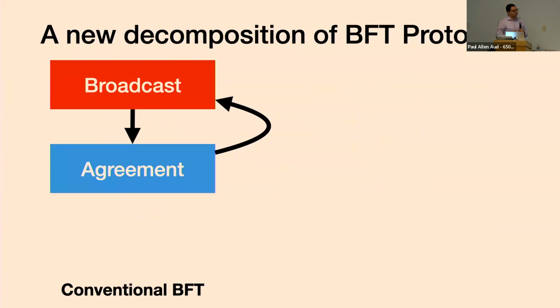So this leads to a key concept in this design. In existing protocols, broadcast and agreement are run in lockstep. And if you think about it, that broadcast is actually serving two purposes. It's serving to deliver the data, and it's serving to guarantee the availability of the data. Nodes just know that the data is available by downloading it. But we don't really need to deliver the data to continue to make progress in consensus.